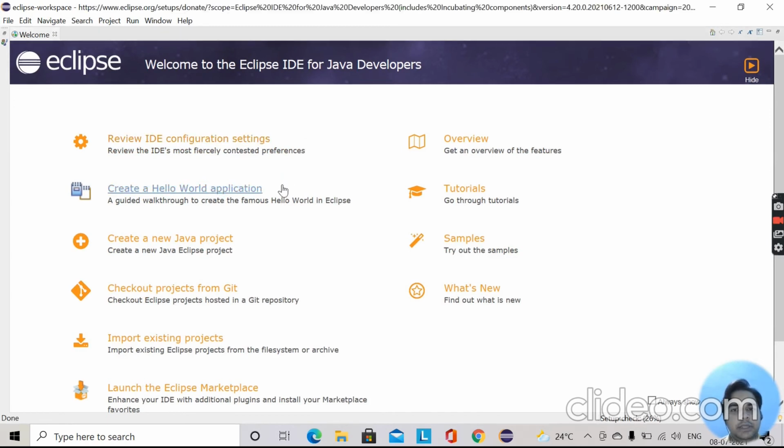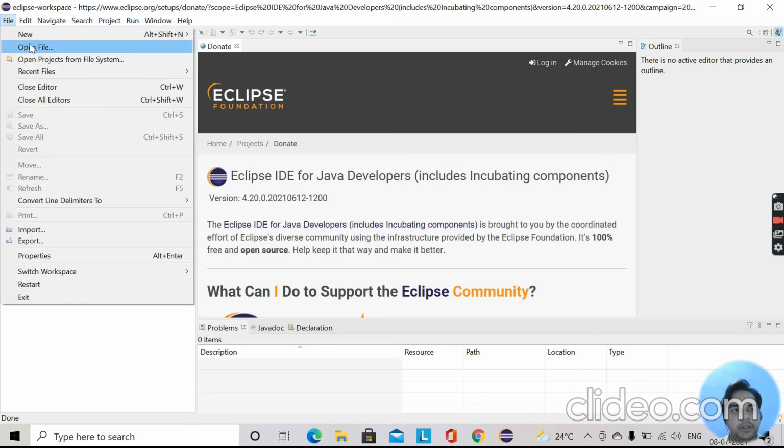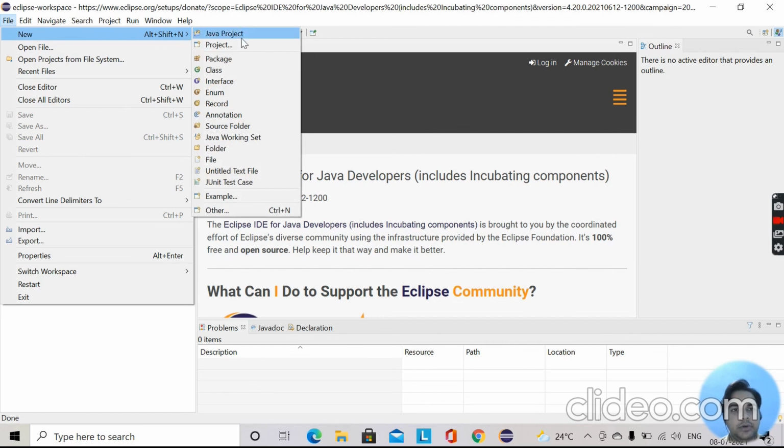So these are a few links that you get here. It's like tutorials, some samples that you want to check, or how you want to create a Java project and all. But as of now, you don't need to worry about all this because I'll be uploading videos related to all these topics. As of now, we can close this welcome button, and you see we have successfully installed our Eclipse IDE in our machine. From here, you see we have all the options from Go, and then from New we can go here and create a Java project or class or package.